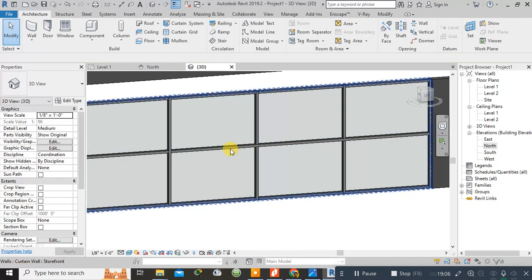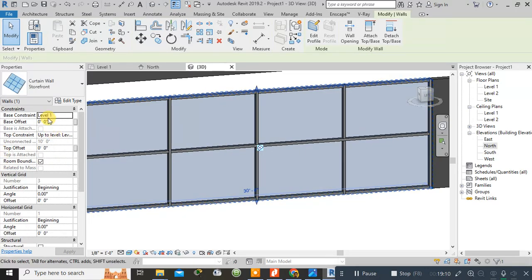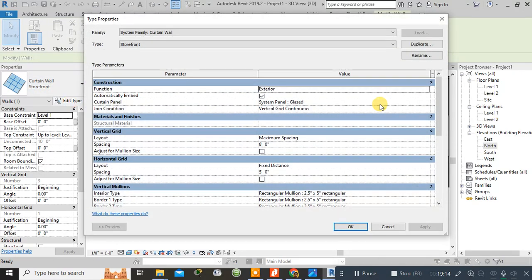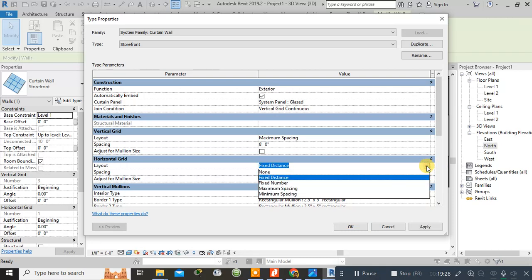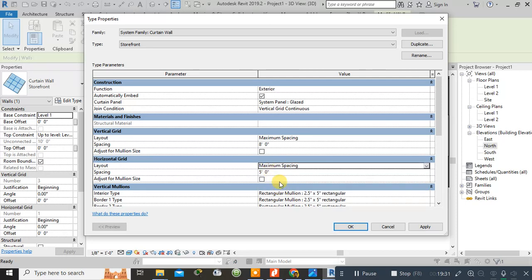Let me do one thing. Let me click on the full storefront wall, curtain wall storefront, and edit it. In the edit portion you can do something else, like I have shown you just now, that I can keep the vertical grids at 8 feet and 5 feet, but fixed distance. You can even make this the maximum spacing as 5 feet and click on apply. See,